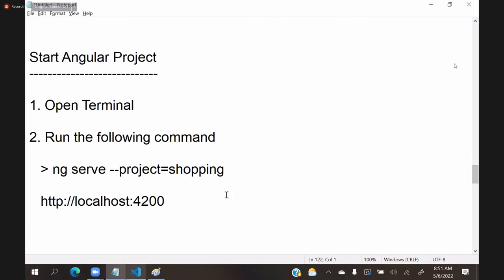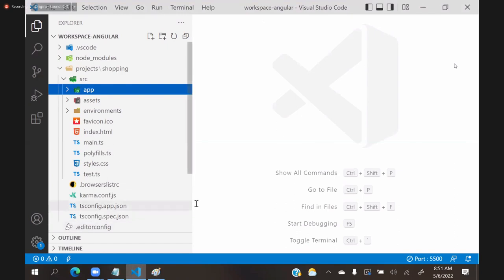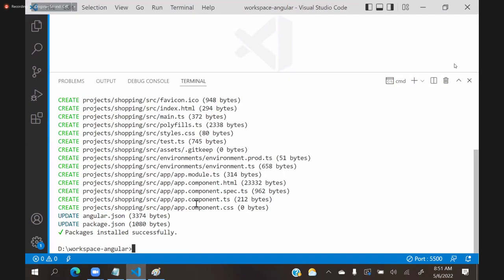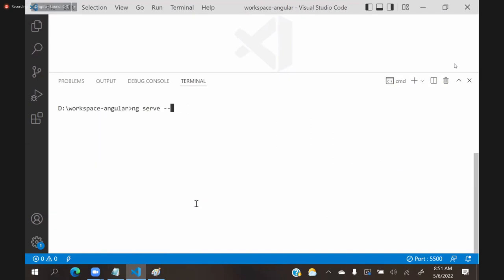So let's open here and run the project here. ng serve --project=shopping. Now it will first build the application. It will verify whether there are any problems in this. We haven't written anything to have problems. By default, it will have one component. Automatically, it will start with that component. How to create our own components and design application, that is what we are going to learn. First, we will start. Once the application is compiled successfully,